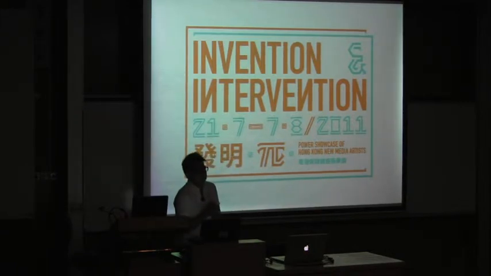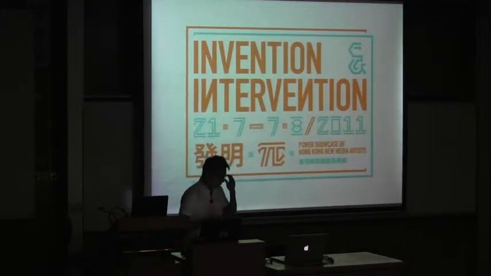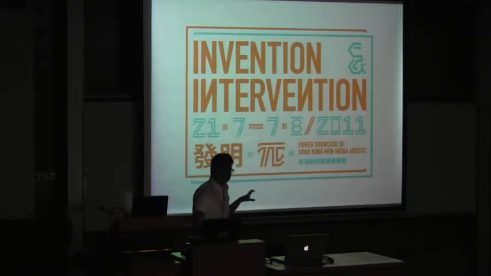Actually, I really like this name because they think new media artists make artwork as an invention, because they use technology to invent something. So they call the artwork an invention, but technology always intervenes in our life. That's why they call it Invention and Intervention, which I think is good. We simply call it II, and we needed to do the visual identity for this exhibition in Festival Walk